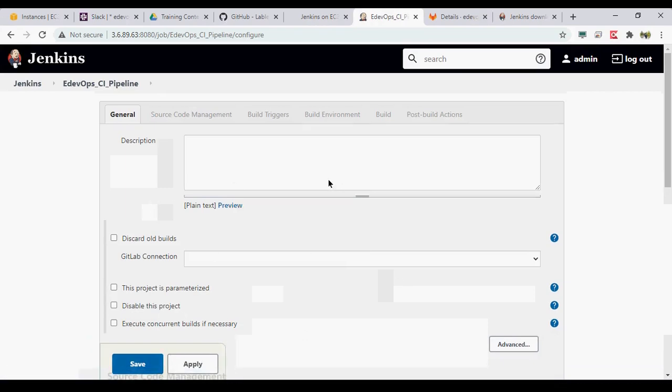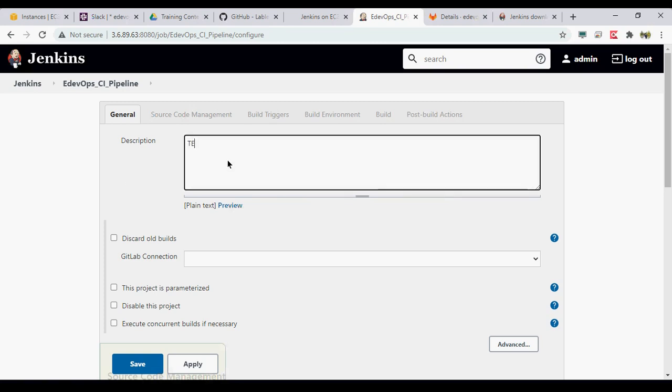Okay. So this is how a job or project looks. You have different sections. You have source code management, where you can define your SCM connections. You can also define your build triggers and environment variables, if you want to set them before your build, then you can build it, and then you can do a post build.